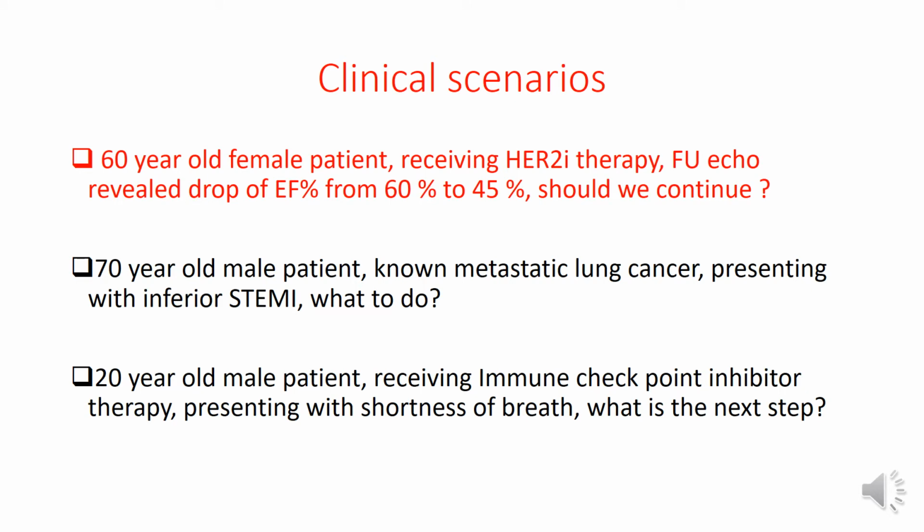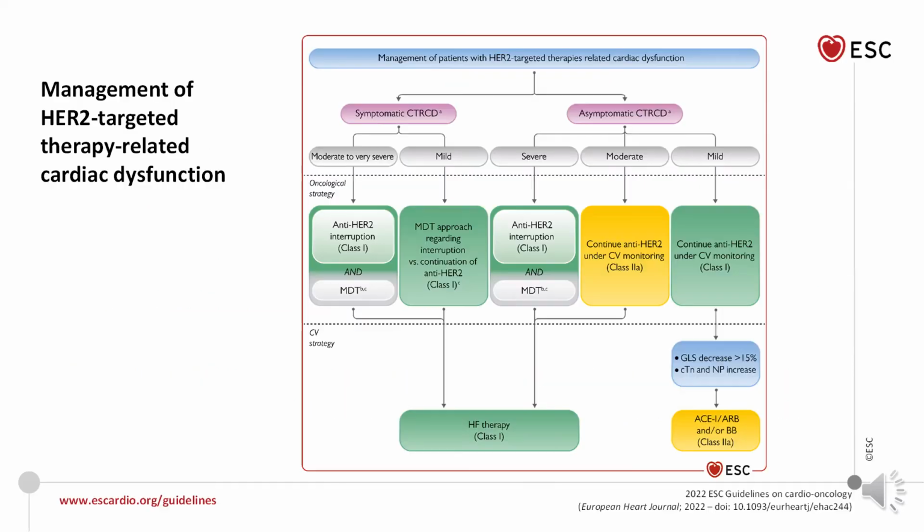Returning to one of our quizzes, we have a 60-year-old female receiving HER2 inhibitor therapy with a follow-up echo showing a drop of ejection fraction from 60% to 45%. Should we continue? The answer from this algorithm: in all scenarios, we should stop treatment,